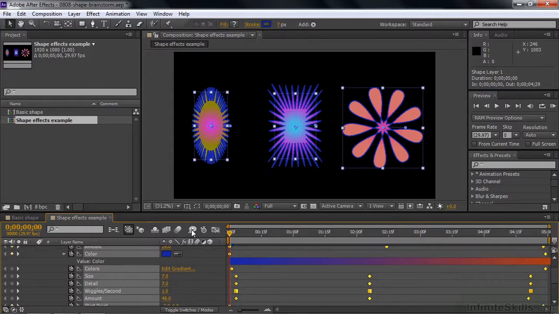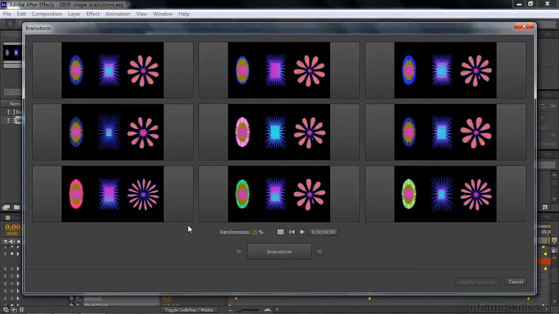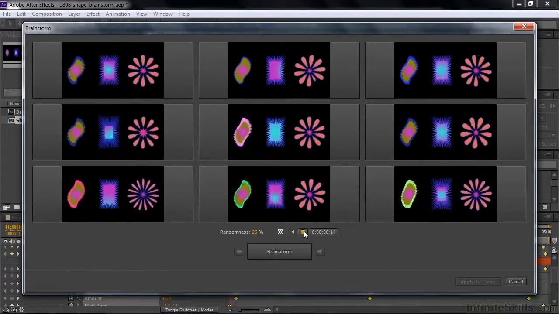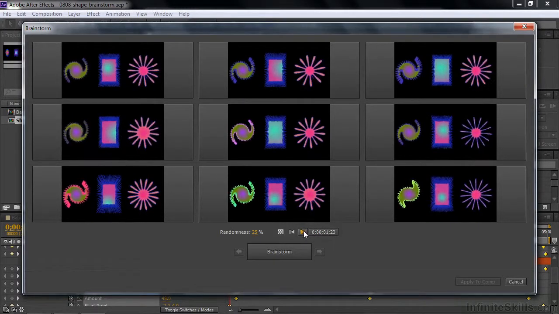Right now we'll brainstorm this thing. We're going to be looking at a lot of different things here. Look at the differences already in terms of the colors and stuff. Click on play. All right, now I'll click on stop. We'll watch it in real time here. Now I'll select a couple, like that one, and that one, and that one, and we'll take it to 100%